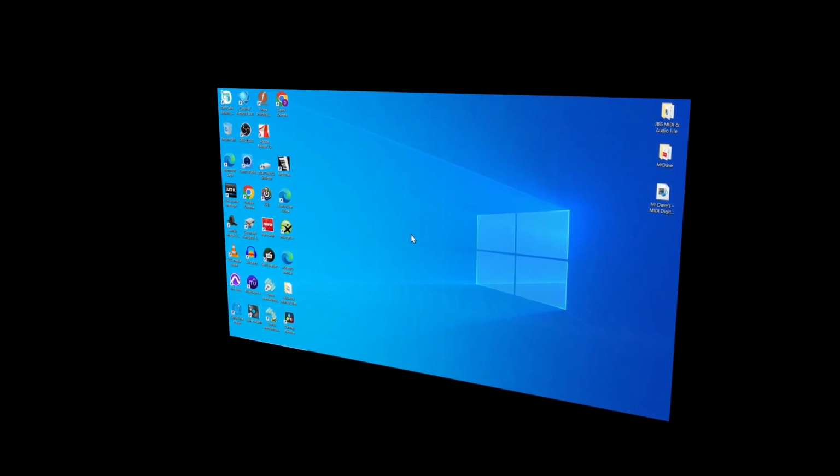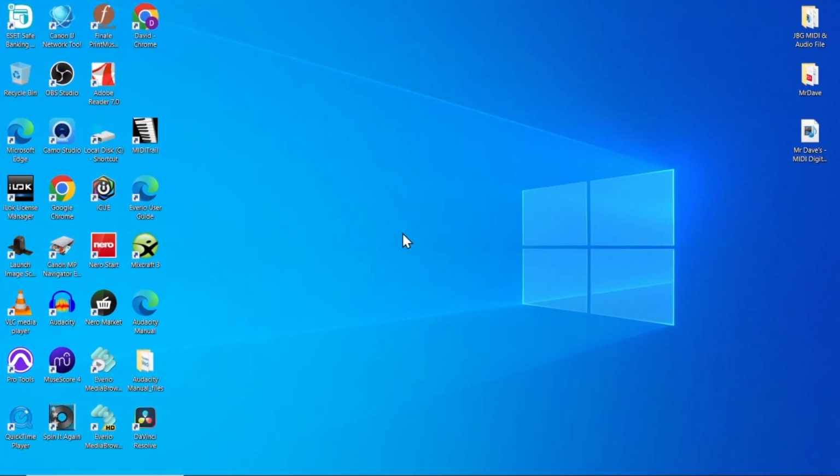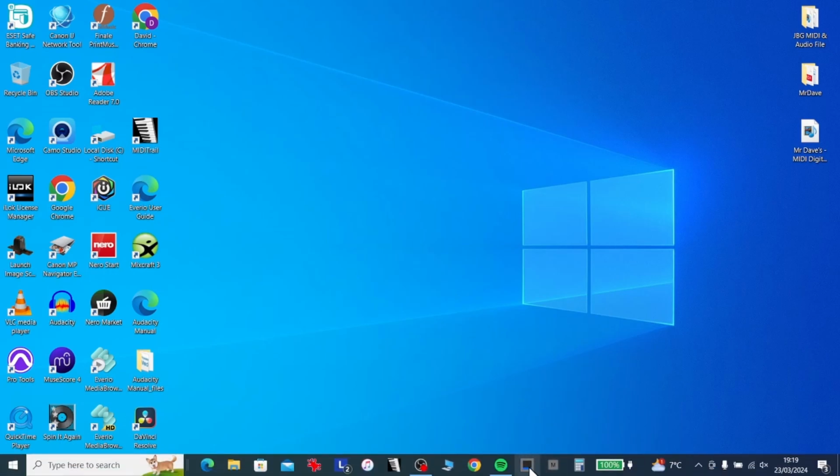I'll show you where to download midi-file software, and then I will show you how to set up midi-file to generate the virtual 3D piano keyboard and how to install and play my MIDI files on the 3D piano. I've got a link already set up to the midi-file website